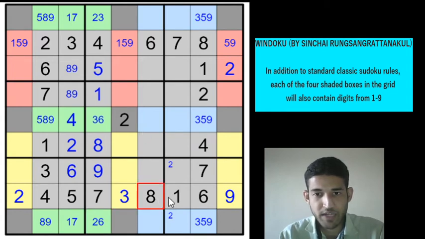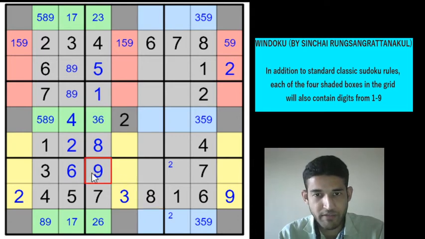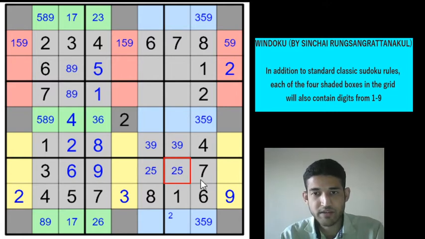Now let's focus a little bit on this window. 4, 6, 7, 1 and 8 are given in that box already. The remaining digits are 2, 3, 5 and 9. But we have a 3, 9 just marked in the previous window. So this means this will be 3, 9. 3, 9 has to be locked in the box in these two cells. So the remaining digits are 2 and 5, which has to go in row 7 column 6 and row 7 column 8.